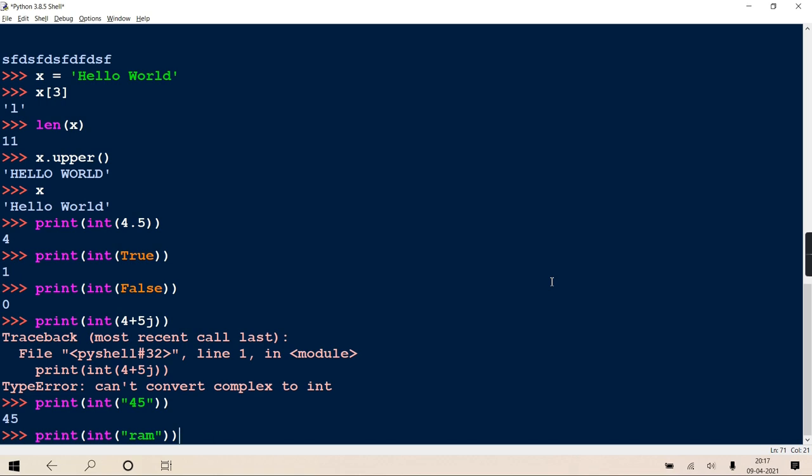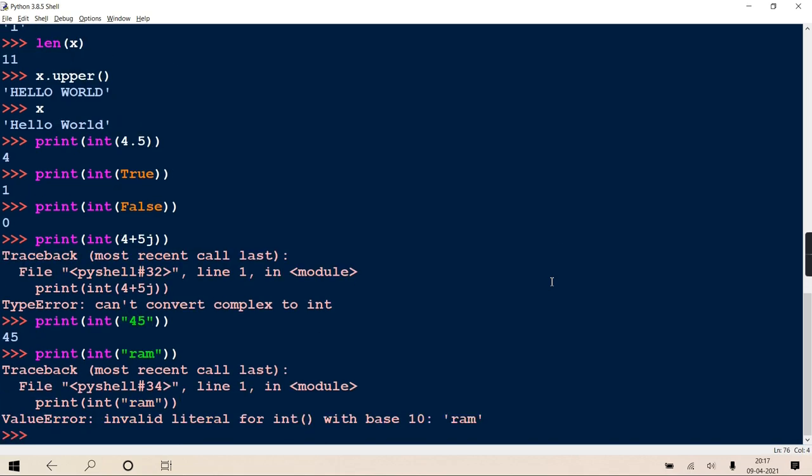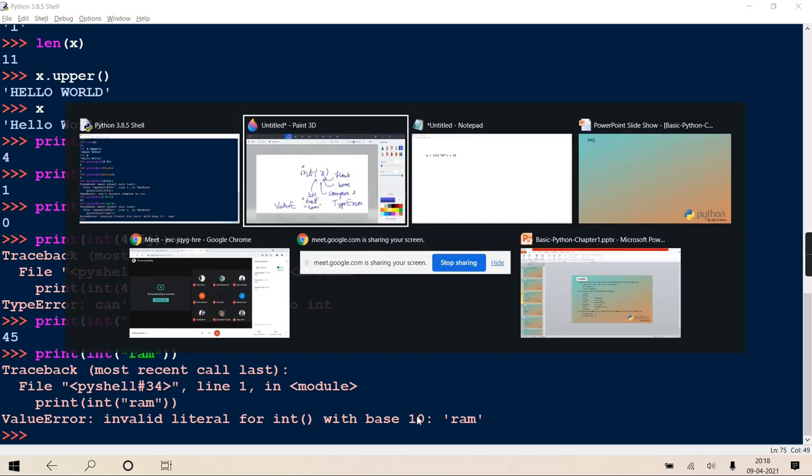But this is not a type error, this is a value error: invalid literal for int with base 10, RAM. It is telling that RAM is not a valid base 10 number, and therefore it is generating an error. I hope you are clear with conversions.